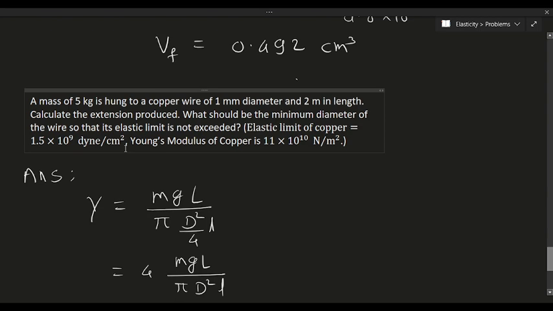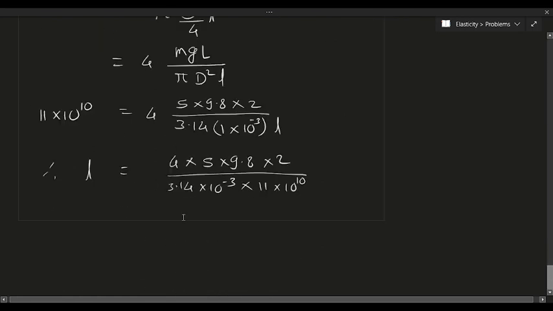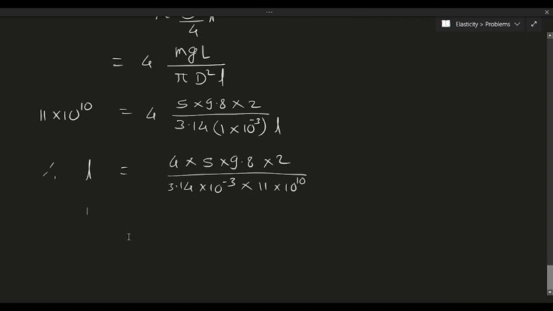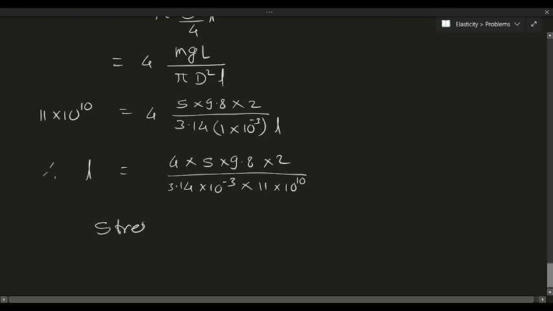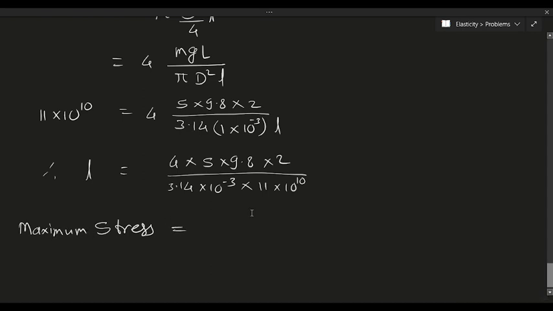So this limiting value of the stress corresponds to a certain minimum value of the diameter, which must not be crossed for the wire not to break. So the elastic limit is given to us. Elastic limit means the maximum stress the wire can sustain. The stress given to us is the maximum stress. Maximum stress is equal to